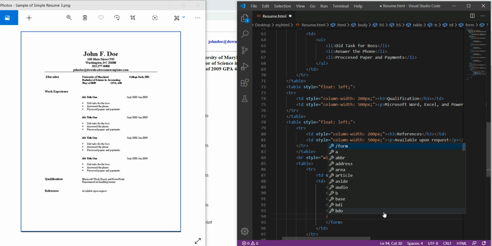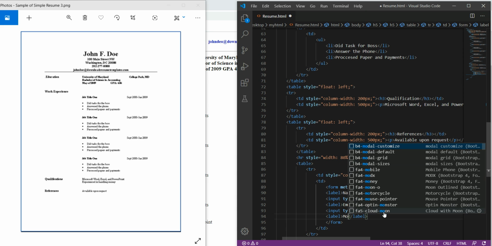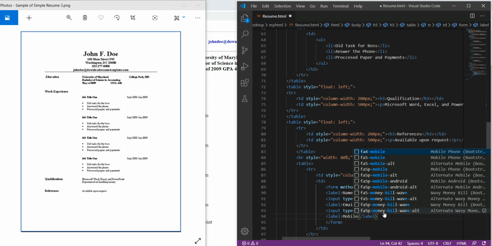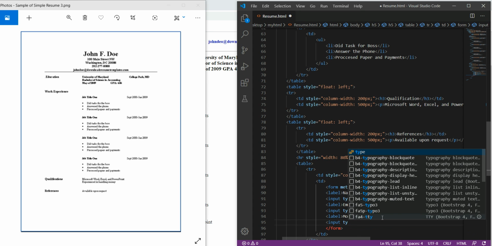In the next line we also wanted to have the phone number of the person, so I will create another label over here and ask him for mobile. So I will type mobile over here. And then we have to create the input. Here we have to give the type.